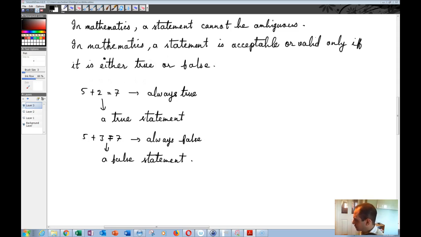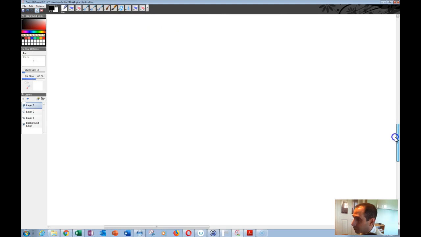So let me go through these examples and see if we can talk about a few of them at least, and then we will get to the next thing that we have, which is deductive reasoning. I wanted to include some examples here, but it's not really necessary because we are going to be using this over and over again for different types of examples. So it's not really important whether we have examples here or not.